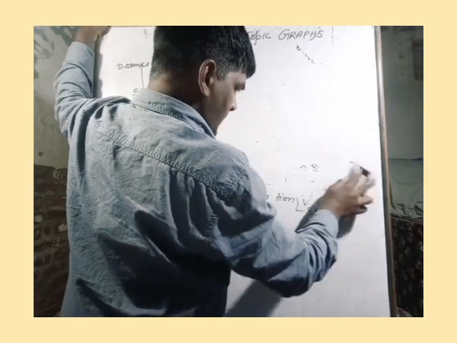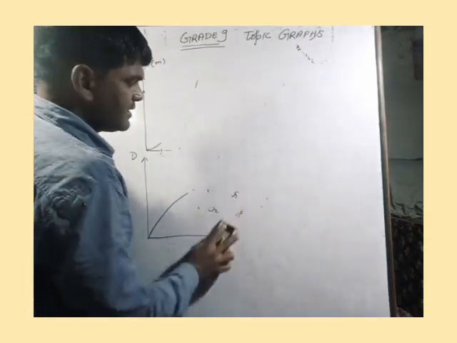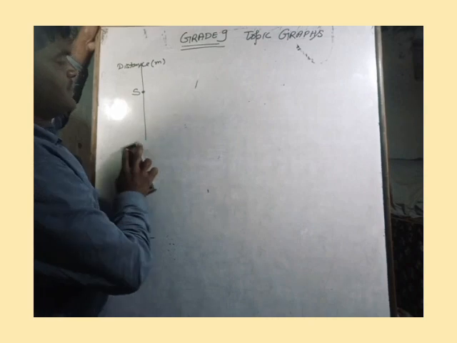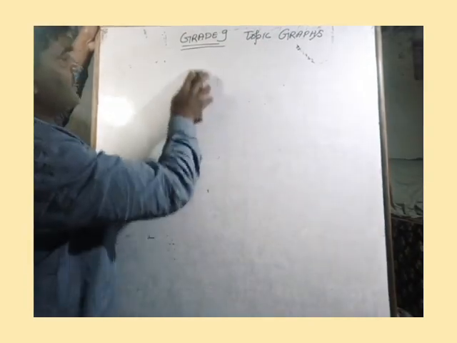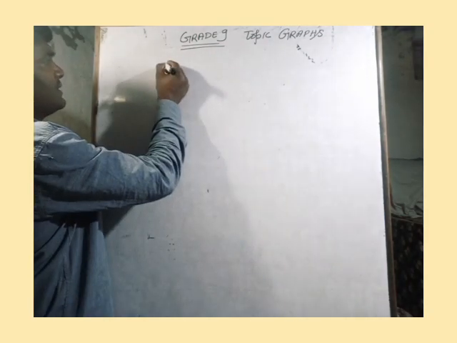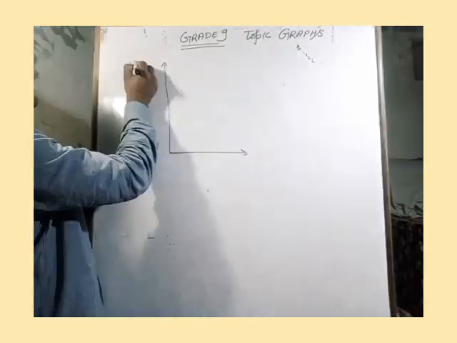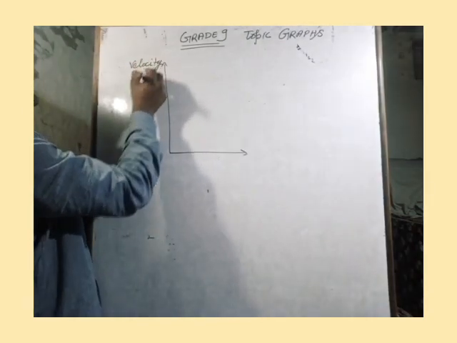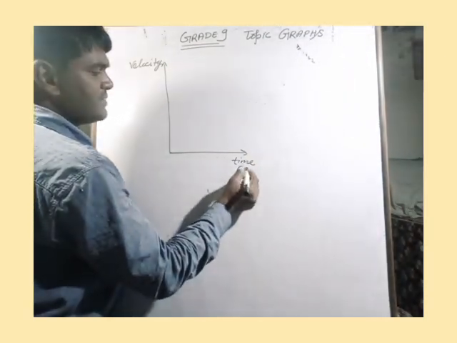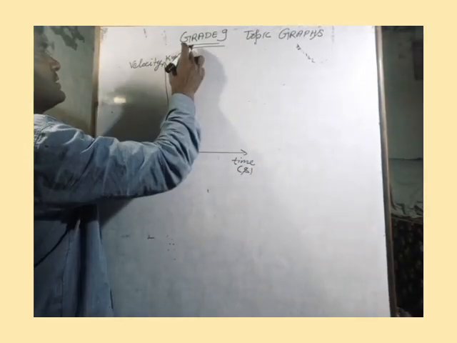I hope you have studied these graphs, but if not, or maybe you have faced some problem, let's discuss one by one what will happen for the velocity time graph. Instead of distance time, this time we are having a velocity time graph. Here we are measuring velocity along that axis. Along the other axis we are taking time. Time is once again in seconds. Let velocity be in kilometer per hour.